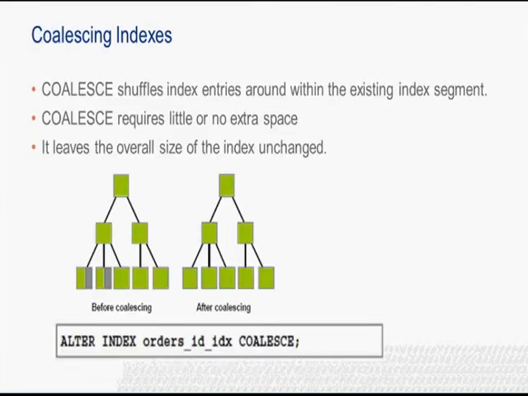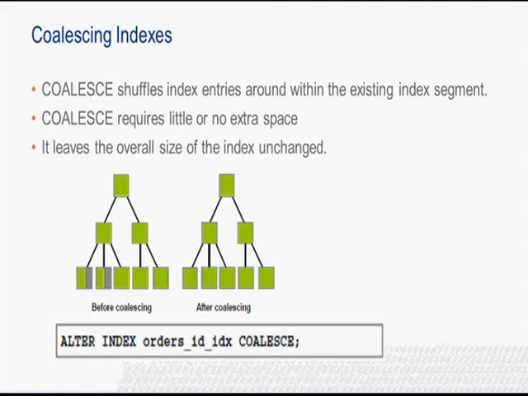Coalescing an index. When we encounter index fragmentation, we can rebuild or coalesce the index. Before we perform either task, we should consider the cost and benefit of each option and choose the one that works best for our situation. Coalesce on an index is a block rebuild that is done online. In a situation where we have B-tree index leaf blocks that can be freed up for reuse, we can merge those leaf blocks using the following SQL statement.